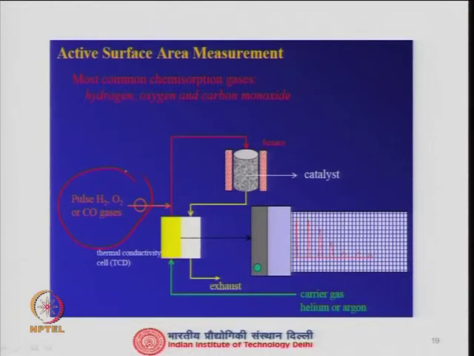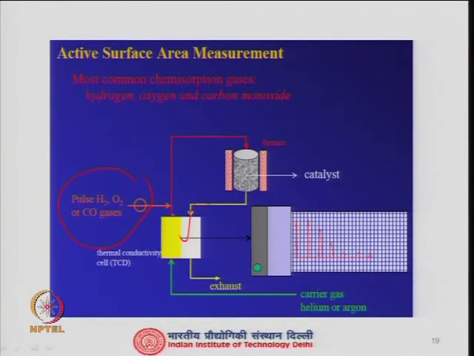nitrous oxide. This is your furnace, because it is a chemisorption setup. It can go up to 1000 degree centigrade, even 1200, from room temperature or ambient temperature to 1200. So, you can have a temperature programmed reduction also. This is the inlet cell, and gas from this comes to a detector. It is a TCD type detector here, because all these gases can be determined through a thermal conductivity detector, a reference cell and then a measuring cell sample.